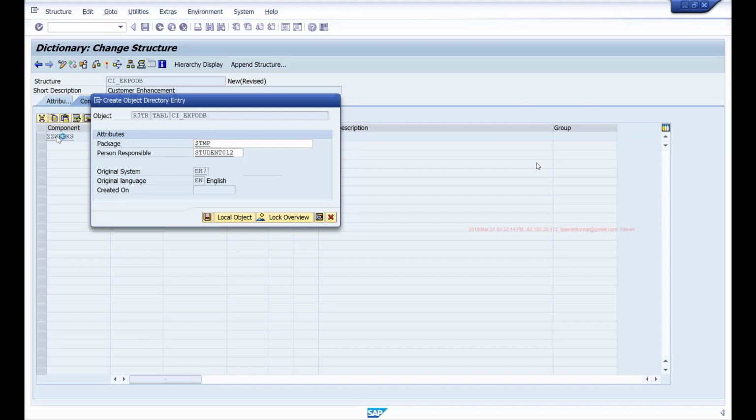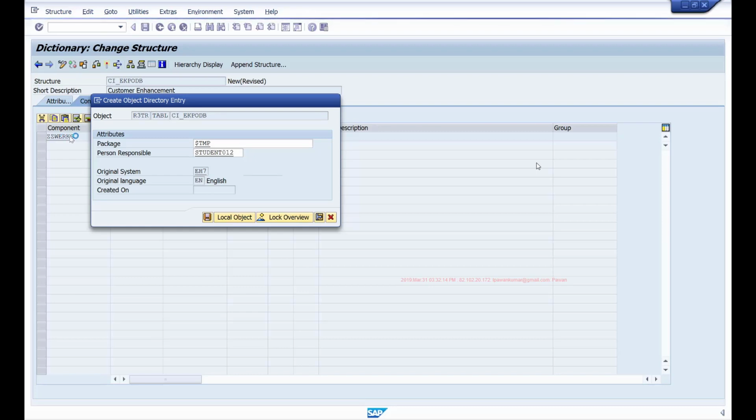If you remember, when we were talking about module pool programming, if I have a table control, then I'm creating a data object in my program using the tables keyword. So I'll say tables EKPO. That will create an interface work area, and it will have all the fields of this EKPO table.